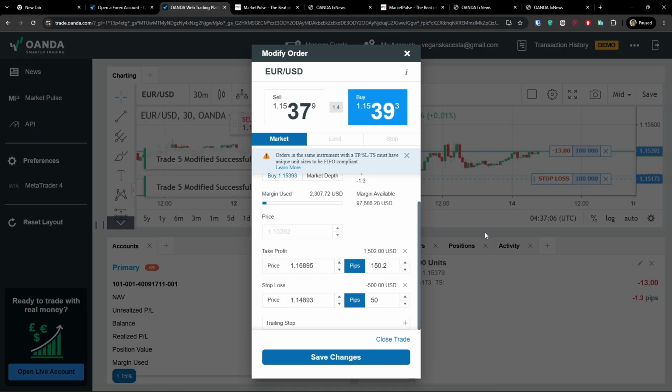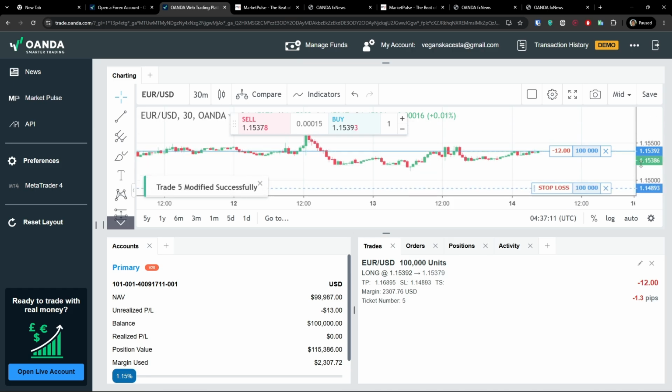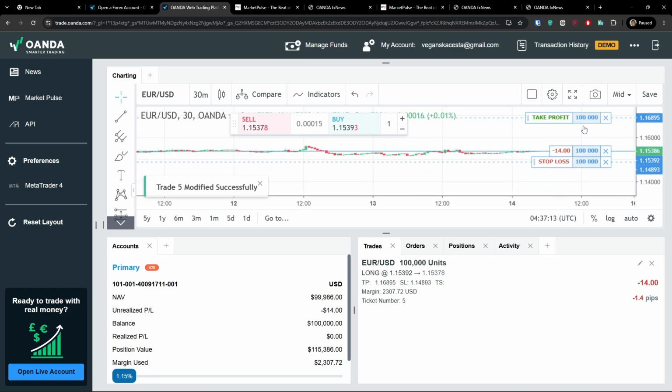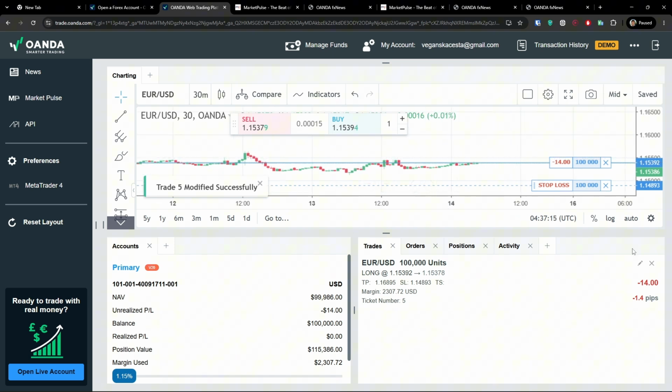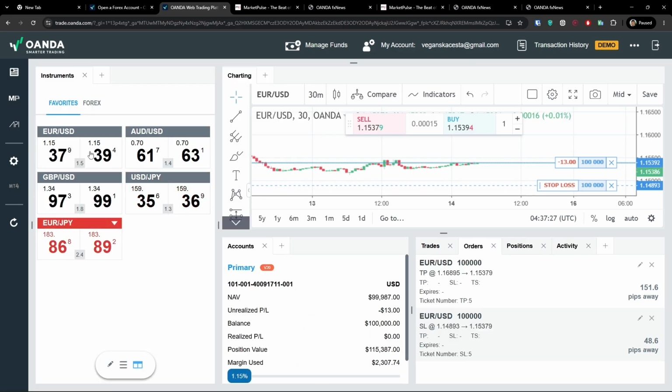15. Why is that? Only because you have a trade open immediately, and when you open a trade, there are fees that you pay to Oanda. Okay, and what do we have here? We have the take profit, and we have the stop loss there. If you would like, you can even move it,